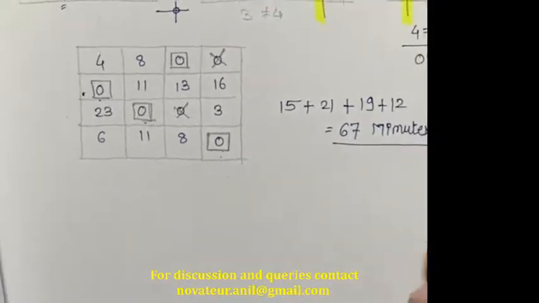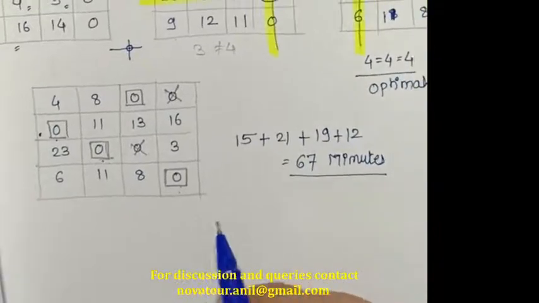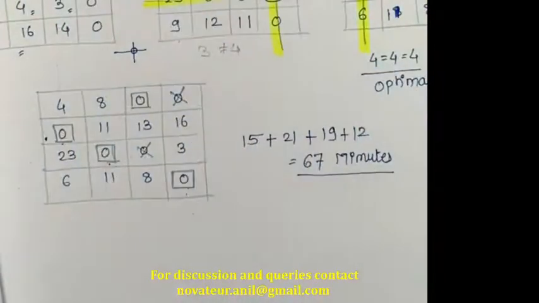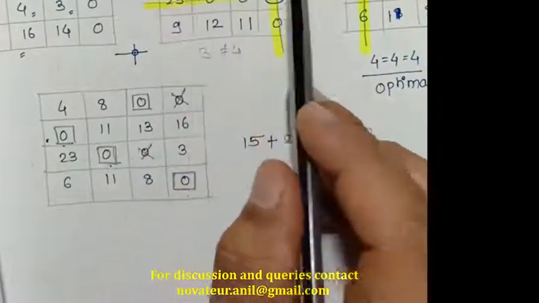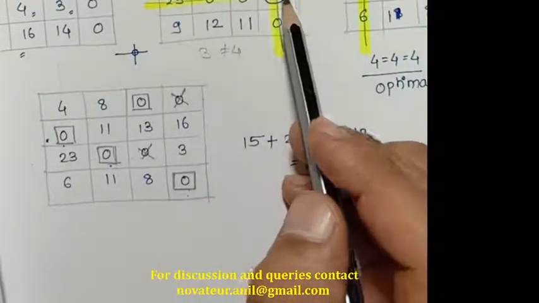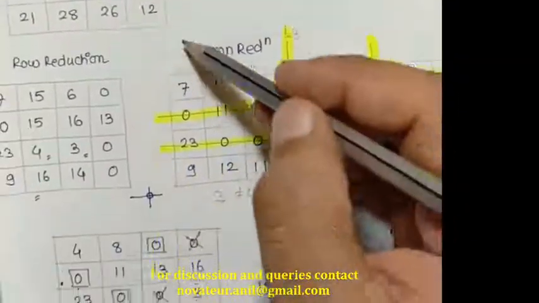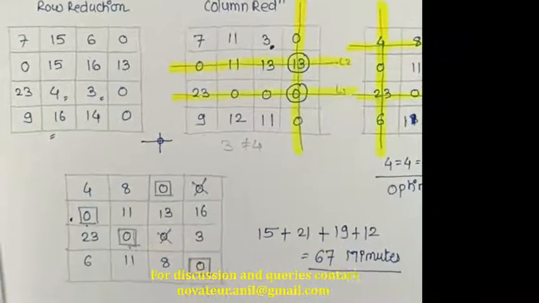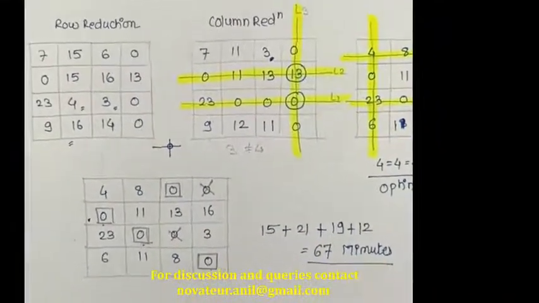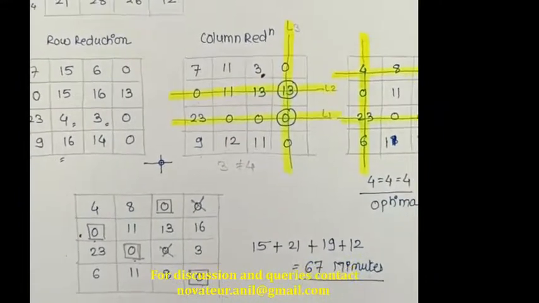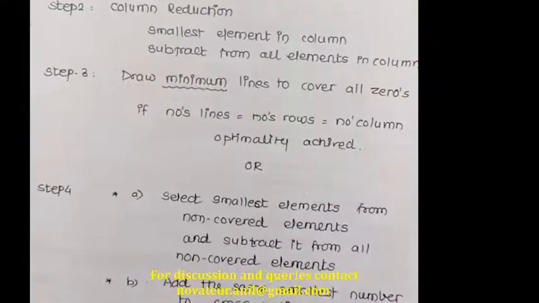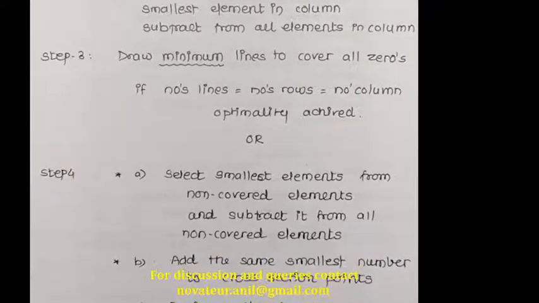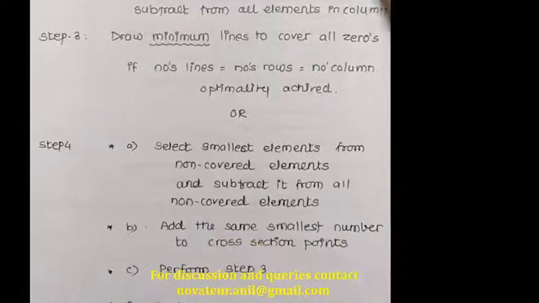Now my dear friends, there might be some doubts in your mind. Suppose that while striking out, some people may say that instead of cutting this line and this line and finally this line, I may choose different lines to cover the zeros. Yes, it is possible that you can use different lines to cover the zeros, but ultimately the answer will not change. So here I'll show you once again the steps to solve assignment problems